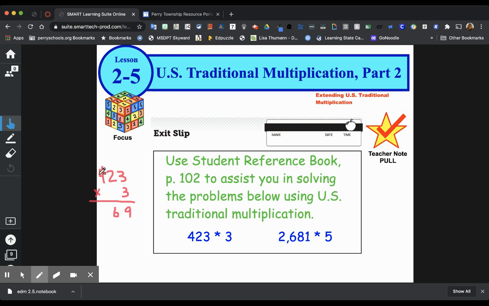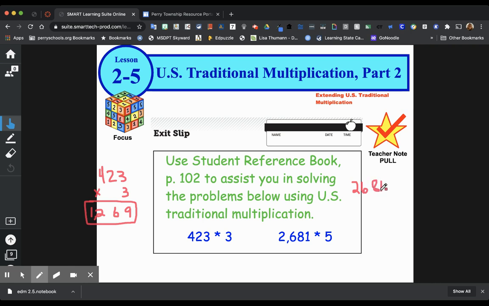And then I'm going to take 3 times the 4 hundreds, which is actually 12 hundreds. So I'm going to write that 12. And I see that the answer is 1,269. Now I'm going to come over here and we will do